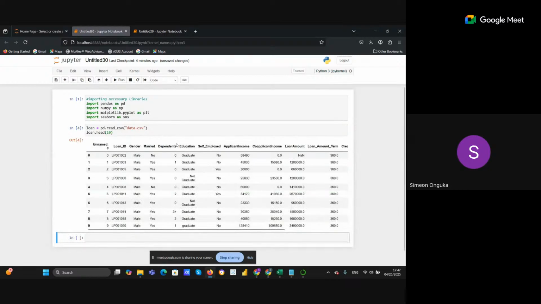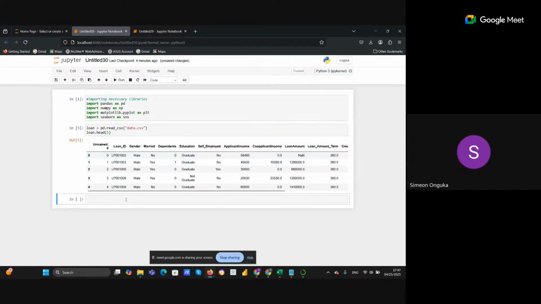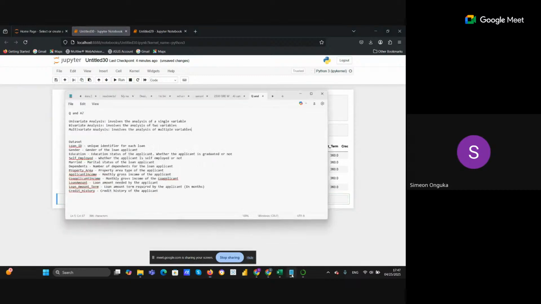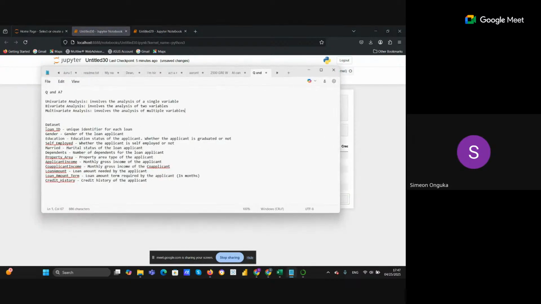It increases the number of records to 10, but for now I'll just leave it as 5. And this is just for us to see the different records that we have, and also the different columns, right? And because we had a description of the different columns over here,